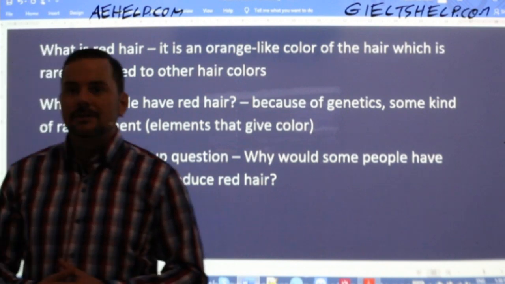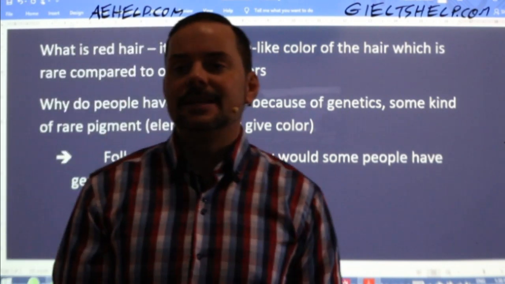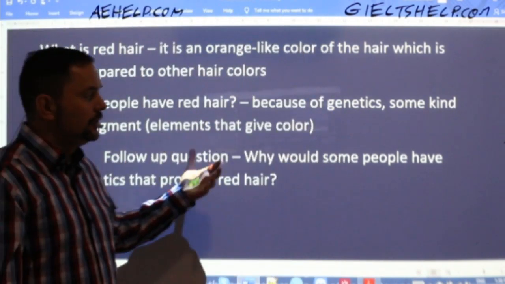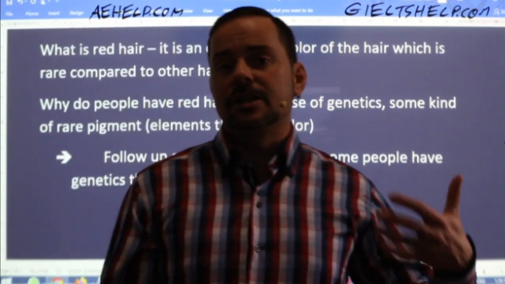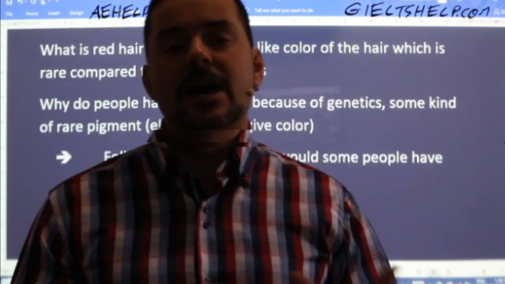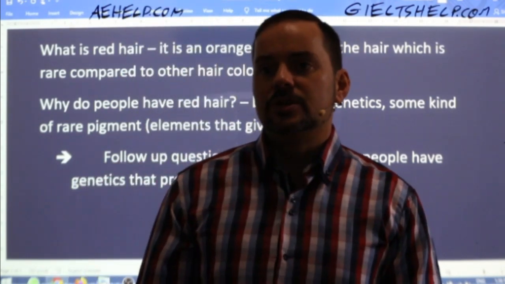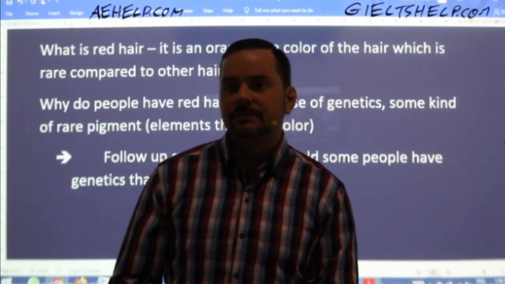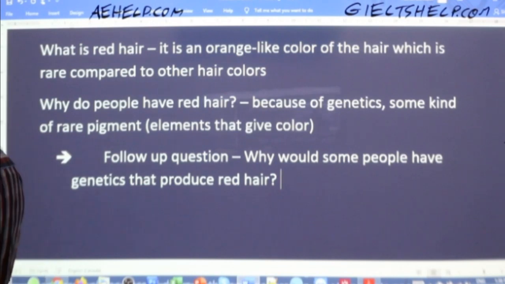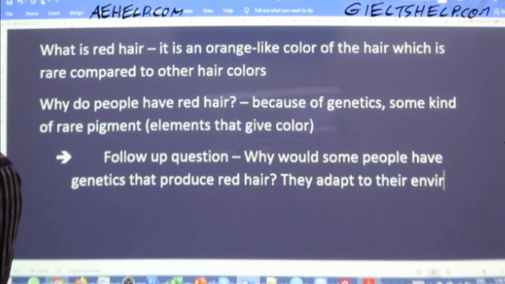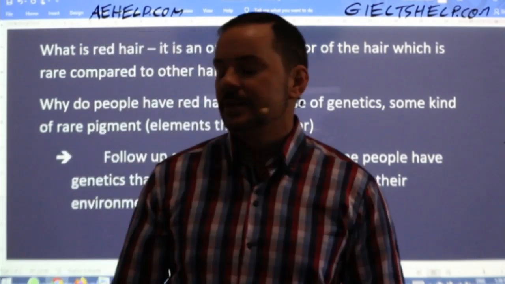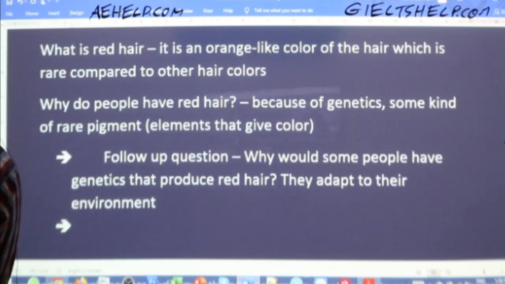So Amira says, okay, it's the environment, right? Yeah, so genetics is the result of what? What is genetics the result of? So modern day genetics for animals, people is a result of what? Samiksha says it's chromosomal abnormalities, kind of, yeah. So Amira says they adapt to their environment. Right, so for some reason, and Firdavs says their environment has less sunshine, right? So that would be the next follow-up.